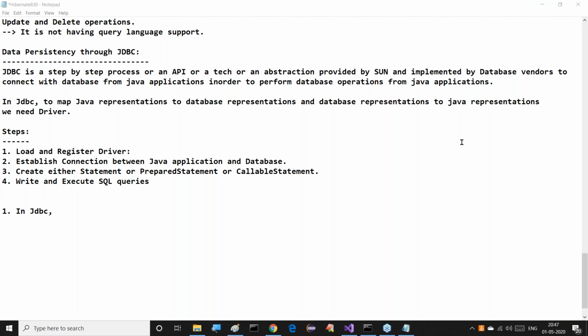No, it is not possible to perform database operations without writing SQL queries. Definitely SQL queries we require. That means the developer must write SQL queries in our JDBC programs. Come on guys, answer my question. So when the developer is writing SQL queries in our program, definitely the developer must need SQL awareness or not.